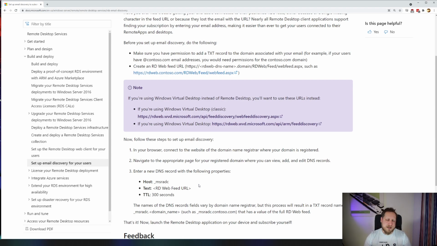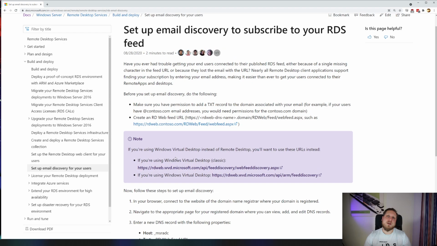Actually, it's very straightforward. All you have to do is install the RD Gateway service and the Remote Desktop Web services, and from there on you'll be able to use the web feed. It's simply this URL where you only replace the domain name part. So that's very straightforward, but it helps so much in utilizing remote desktop for your users.